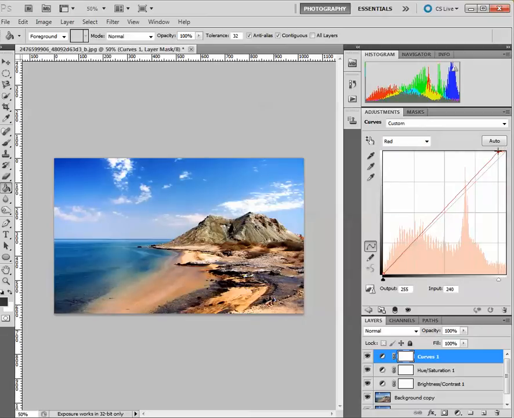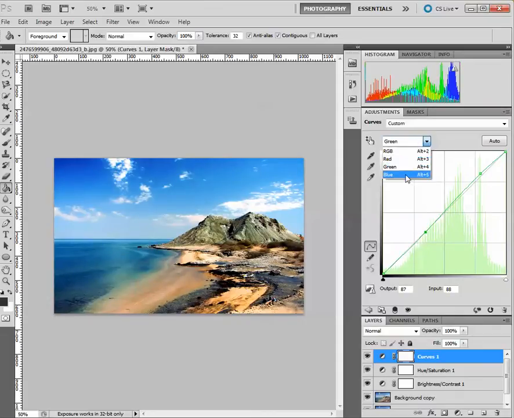Up in the right hand corner, pull in just a little bit to the left, and then right about here, just a little bit of a curve like so, and then switch to the green channel, and right about here, just a little bit of a curve in, like right about there, and then pull this area back down to the line, and then switch to blue,